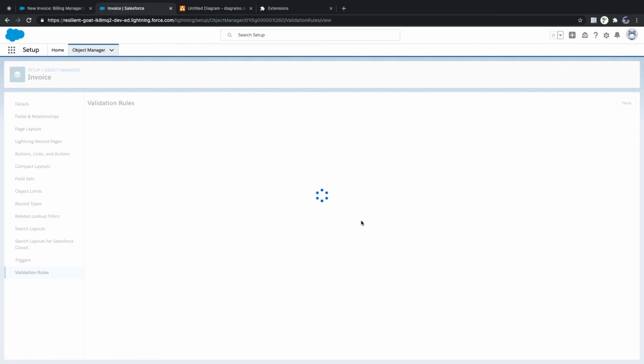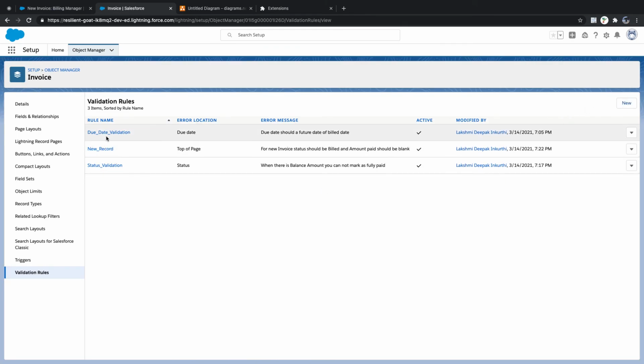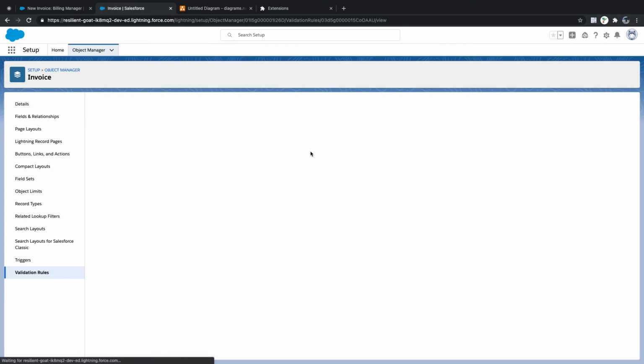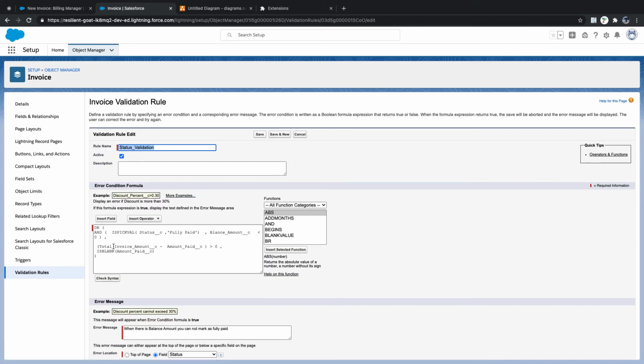Let's go to the validation rules, date validation, status validation. In status validation, we need to add an extra condition: not of isNew. This validation should only work when it is not a new record.